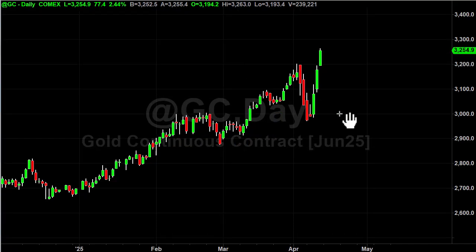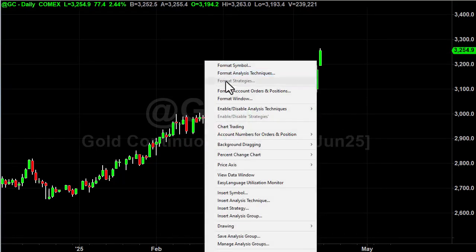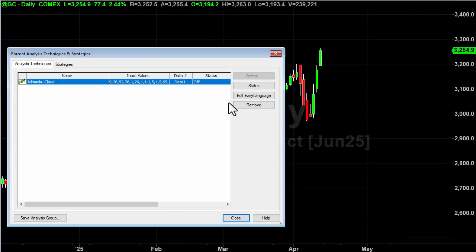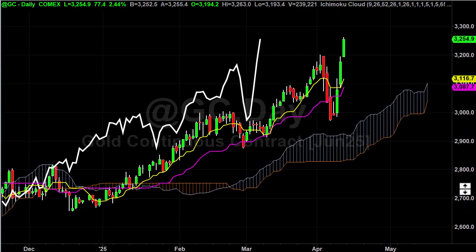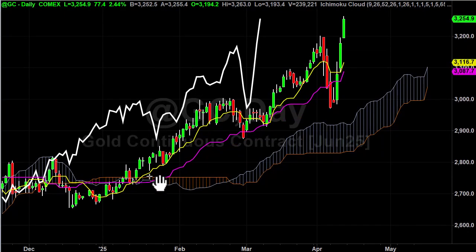So you can do it with trend lines. I use Ichimoku, so I'm going to turn Ichimoku on really quickly. Here's how I do it. I'll go to format analysis. I will use Ichimoku. It's freely available on almost every trading platform out there, okay? And then once it gets above the cloud here, then I want to be default long, okay? I don't want to try to short this thing on a swing basis until it breaks below the